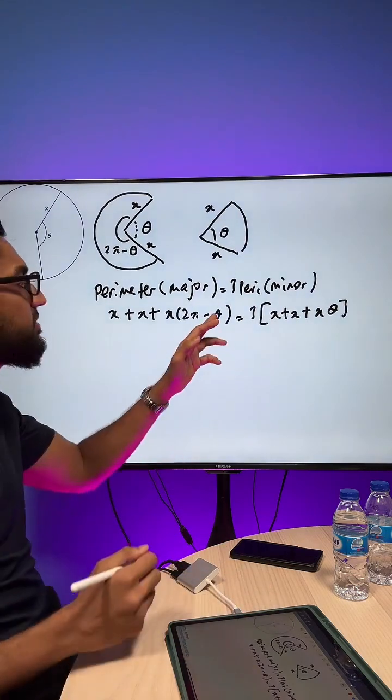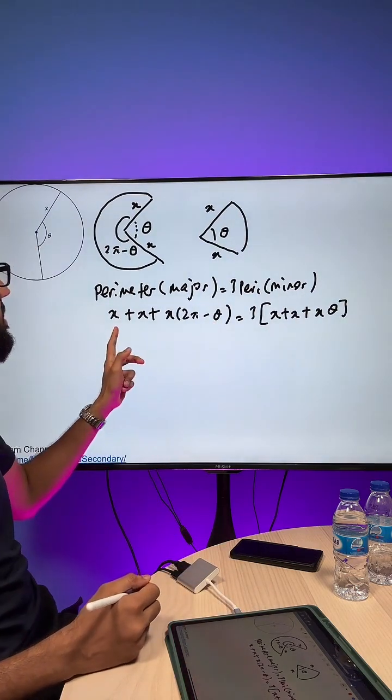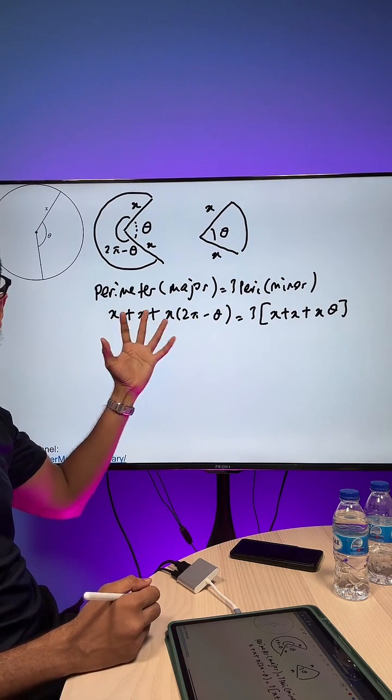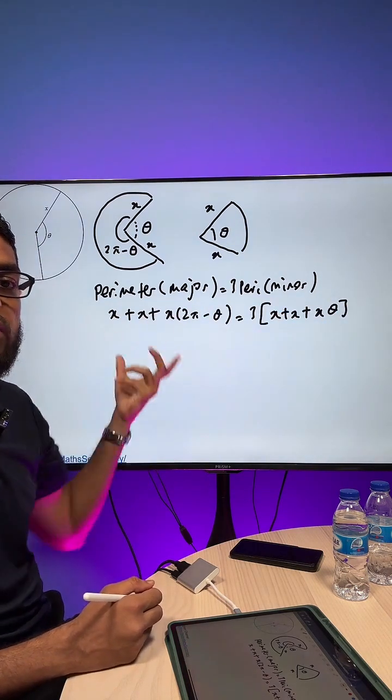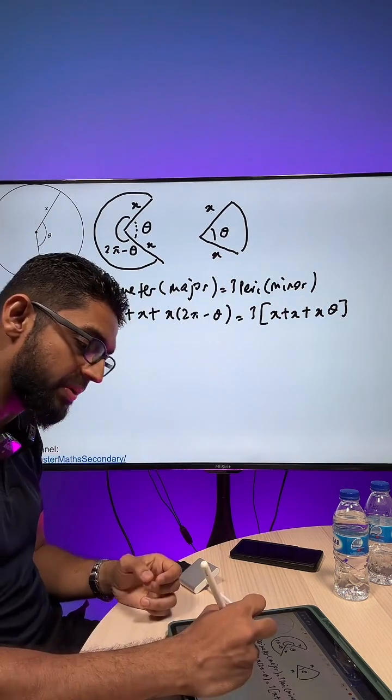Okay, now how do I find the value of theta? That is the question. We can note that on the left side, all the x is there. Right side also got all the x. So what we can do on both sides? We can divide by x on both sides. So that's what's going to happen next.